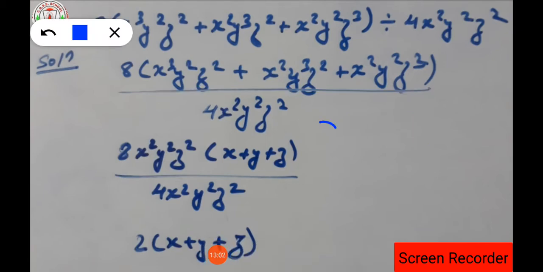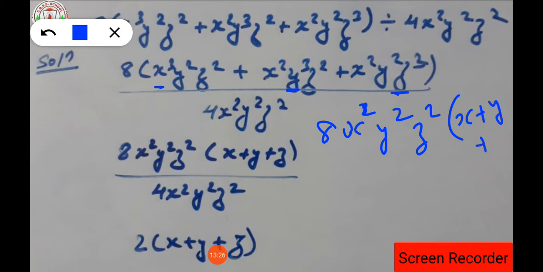Y square is being taken common, so x square is taken common. Okay, y square is taken common. Then z square is there in each term, of course it can be taken common, so z square is also taken common. So here one x is left, here y cube is there, so one y is left, and here one z is left. So what is the number left out inside the bracket?